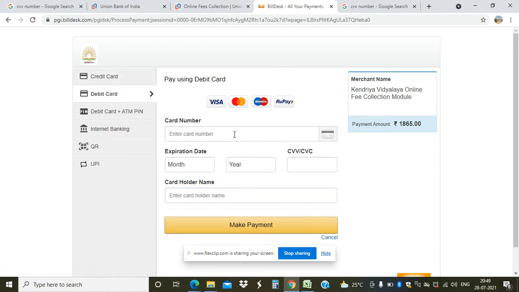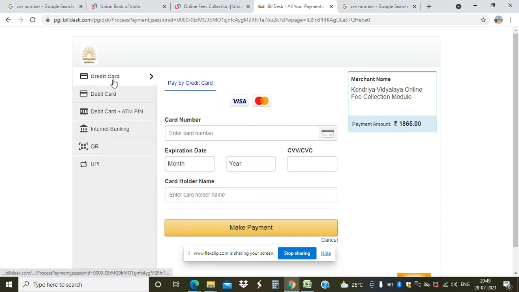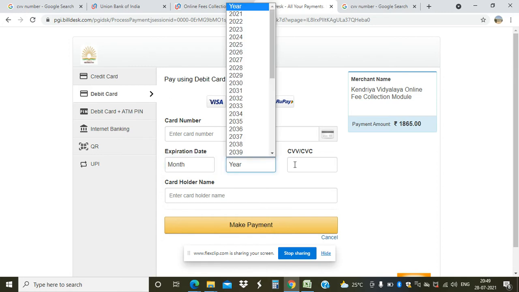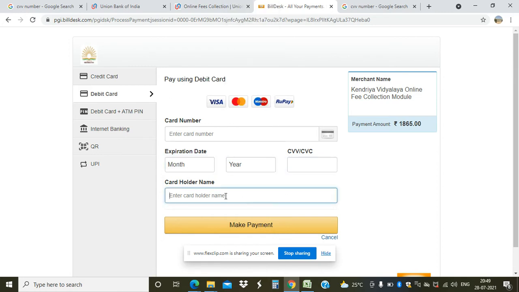Similarly, debit card is the same as credit card, but with a credit card, some amount will be more, because while paying with a credit card, we have to pay some additional amount. So for debit card, same process. We have to write the card number, expiration date, year, CVV number, and the cardholder's name, make payment, and on the registered mobile number, you will receive an OTP, and after writing the OTP, the payment will be done.